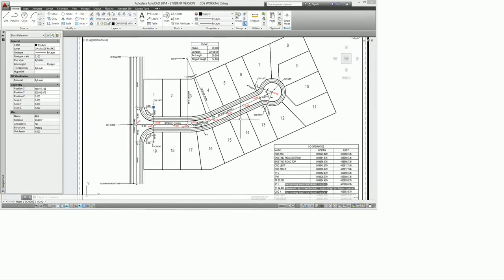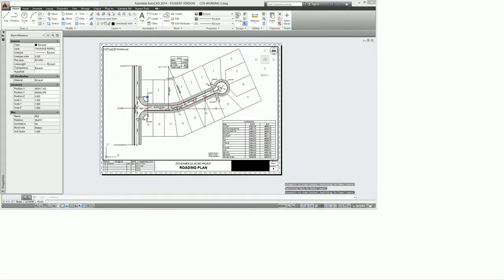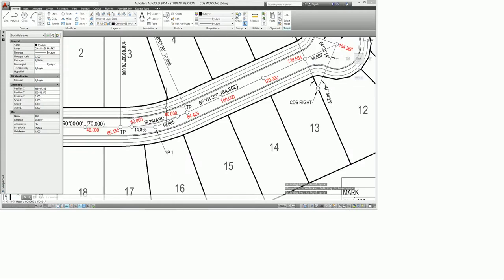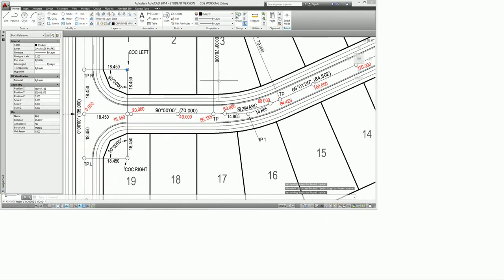So that's pretty much the roading plan done as such. As part of the next step in the process, I will be recording this information that we've shown here on an Excel spreadsheet. Remember that with roading, everything relates to the centre line. So at this stage we have sorted out the horizontal alignment based on the centre line, and now we will be moving through to the vertical alignment, which